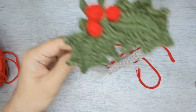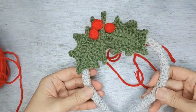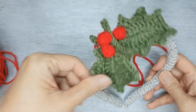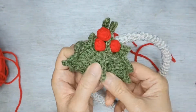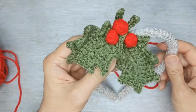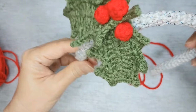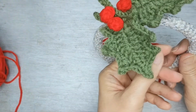Okay. Do you think that's all right? Up to you whether you want it to face this way, or you can make it a bit loose so that we can actually move it about. You know, when you put this on your head, you can actually move it about. You want it to be this way,